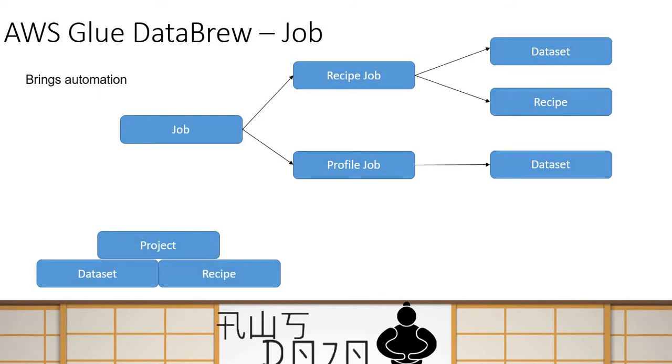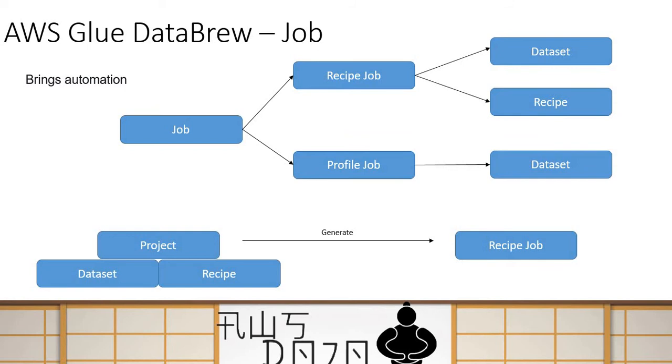But a typical use case after profiling your data is that in your project environment, you used some data set and applied certain transformations to it, and you want to convert this whole manual or visual transformation you performed into a recipe job. And then this recipe job can be triggered based on events or based on schedule